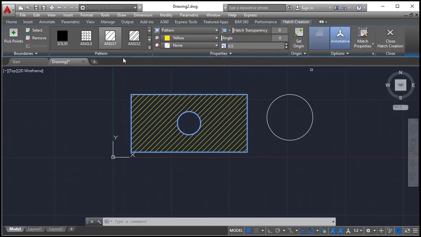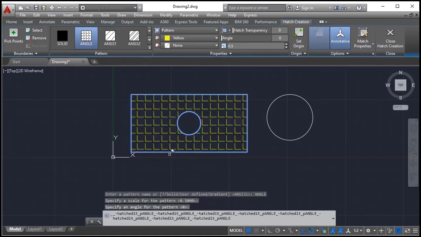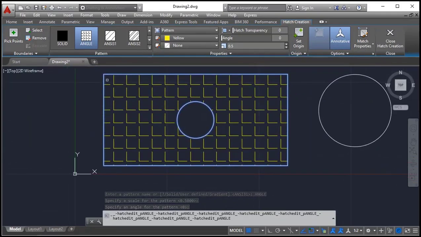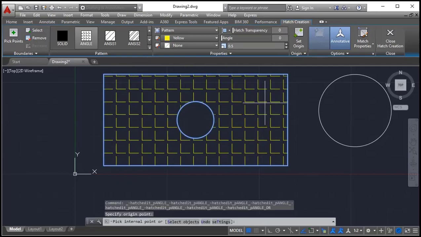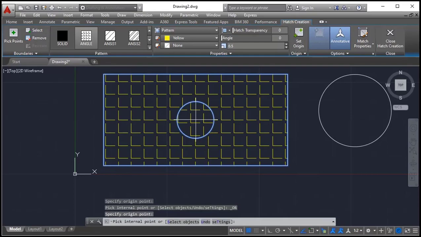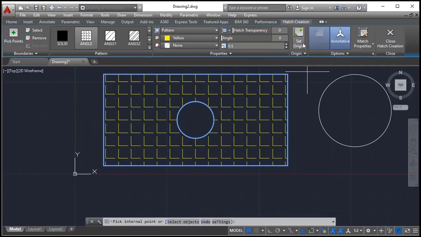And about the set origin, say I just want to choose this pattern. If you observe clearly over here, this pattern is changed, and some of the square boxes are not completely filling inside the window. If you want to start not from here but from here, click on set origin. If I click at this bottom left corner, right away it changes the position. It depends on your selection of origin. It means from where the hatch pattern has to start. So you can set that using the hatch pattern.